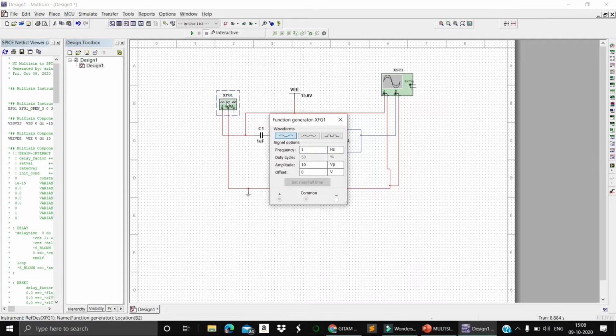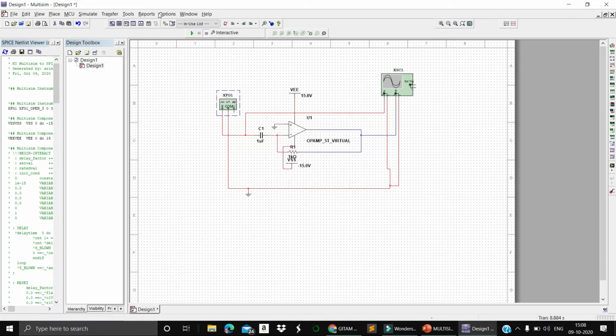So let's look here. I have given a sine wave as an input with 1 hertz frequency and 10 volts peak to peak. Okay. So now let's observe the sine differentiation. Differentiation of sine is cos, but we are connecting in inverting mode, right? So it will be minus cos. You can clearly observe the output, whether we are getting the positive mode or negative mode.